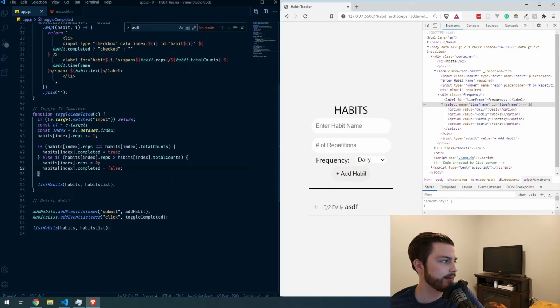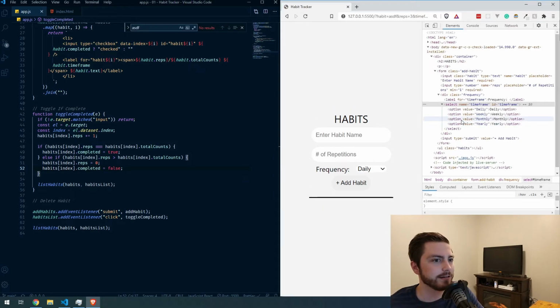But how can we use these each day if when we refresh the page it deletes it? We can use a thing called local storage, and we can store it like a key value pair inside the browser. So it'll save it if you use the same browser over and over again. So to do that, we need to,